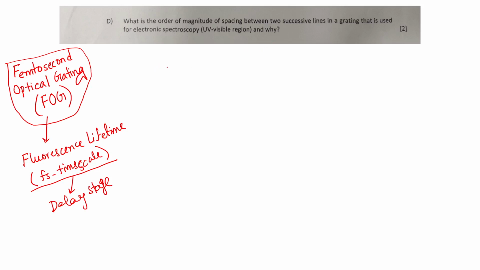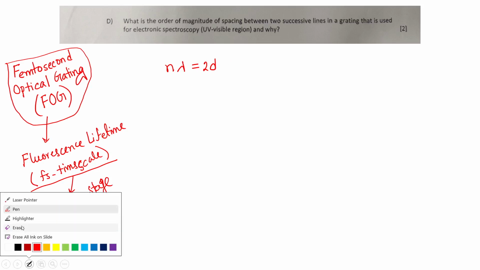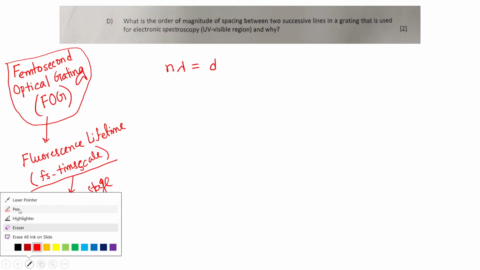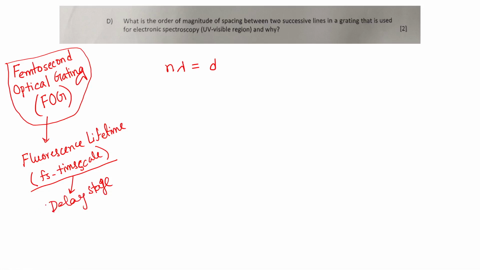So we know we can use this n lambda is equal to 2d sine theta. For this grating or monochromator, we will arrive at 2d sine theta. I will show you how, not for this. So I think I have started